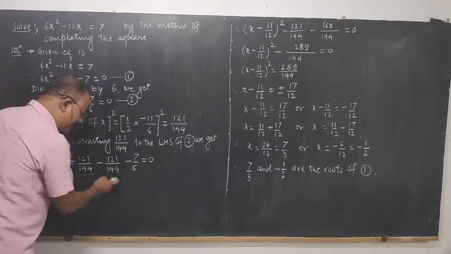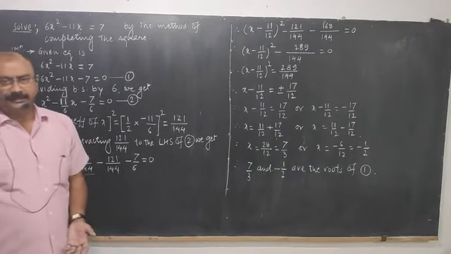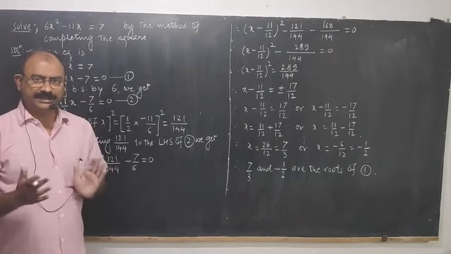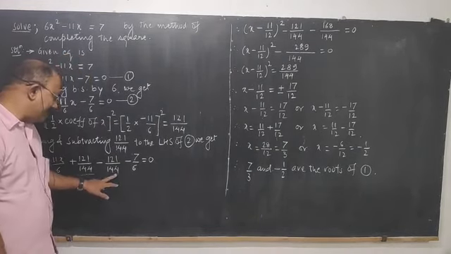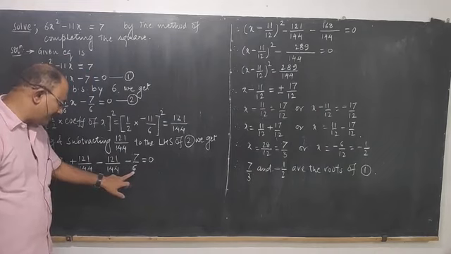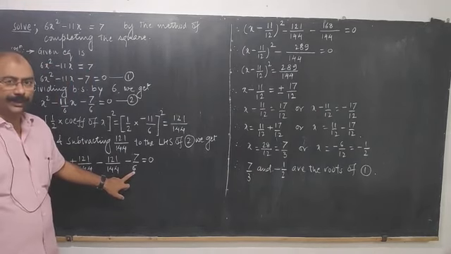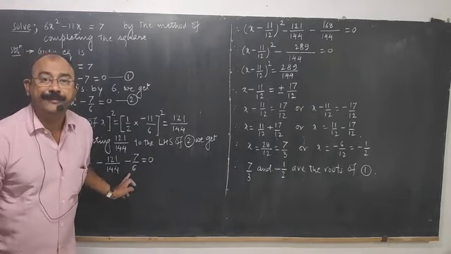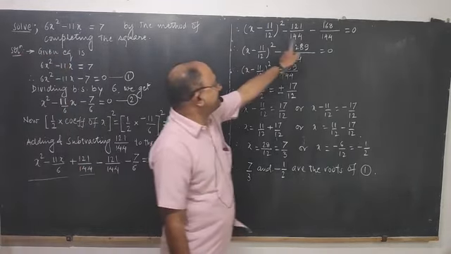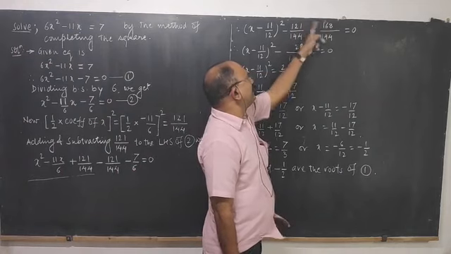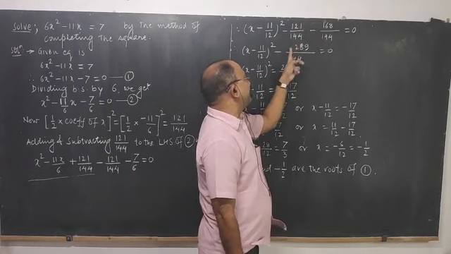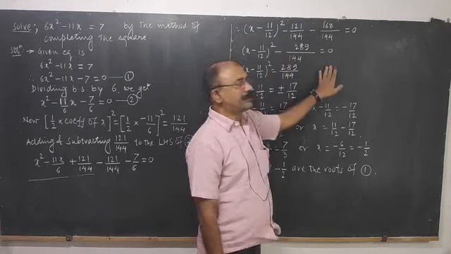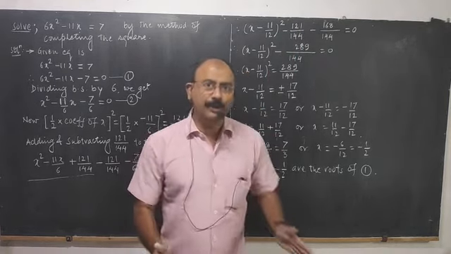And the calculation of the remaining 2 terms has to be done. You have done it in the lower classes, addition and subtraction of fractions. In the same manner I am going to do it. This is 144. In order to make this denominator equal to 144, I have multiplied the numerator and the denominator by 24. So you get this, and if you calculate the sum of the numerators, you get minus 289 by 144. Always transfer this number to the right side. That is the easier way to go ahead.